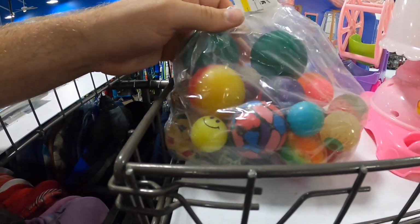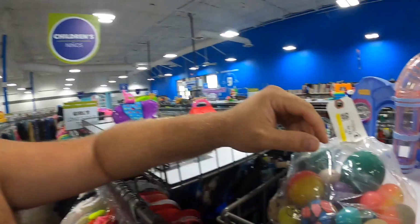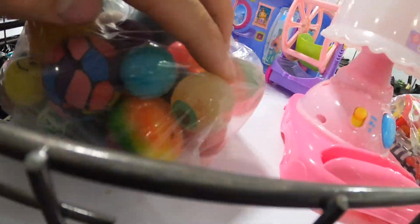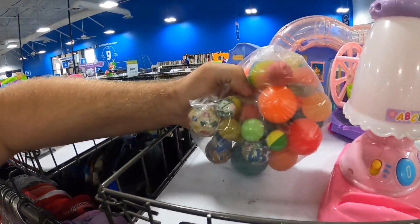I'm trying really hard to decide whether or not my days of collecting bouncy balls are over. And I'll tell you, there's two things in this bag that make me think my days of collecting bouncy balls are not over. That one's an eyeball, and that one's a smiley face. Pretty sure those have to go in my bouncy ball machine. Yeah, we're buying more bouncy balls. I only ever wanted to collect enough to fill one of my gumball machines with bouncy balls, but